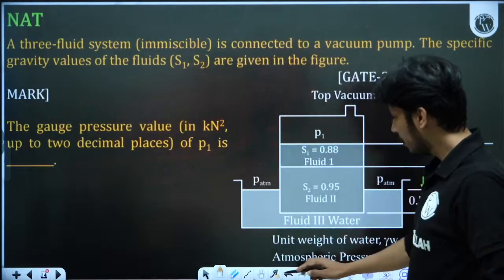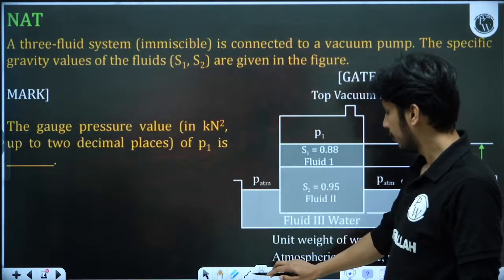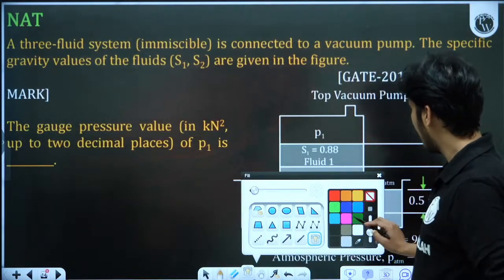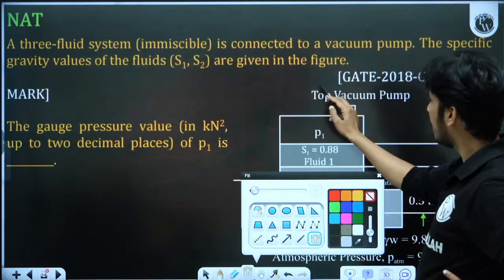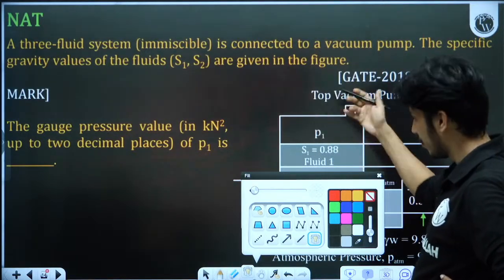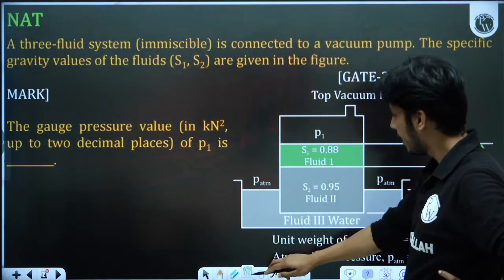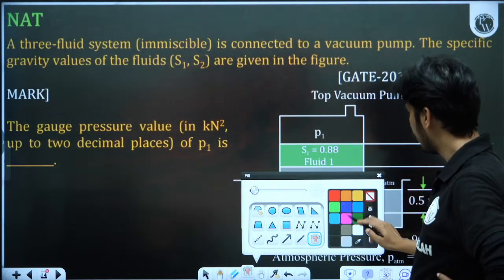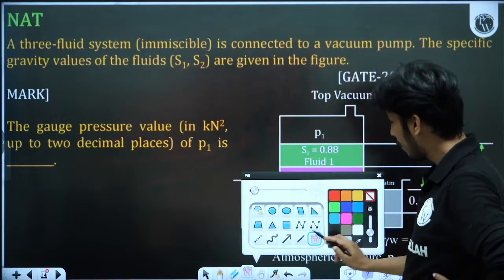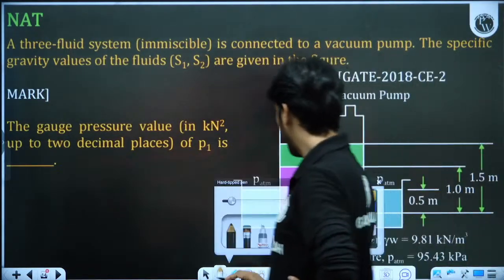There is a fluid that is gas here, and it is connected to vacuum pump. Vacuum pump means it is actually vacuum pressure here. The negative gauge pressure is here. Then it is connected to one fluid 1. Then it is connected to another fluid 2. Then it is connected to another fluid, that is water. This is the water. And here the pressure here